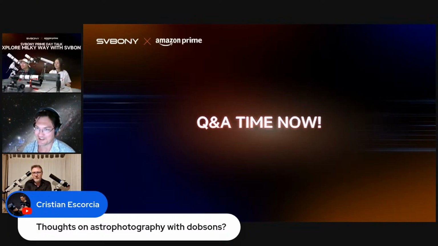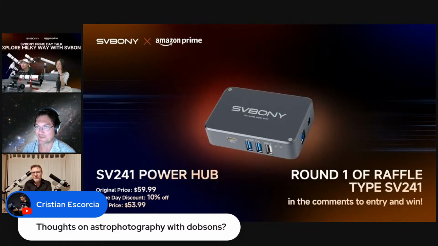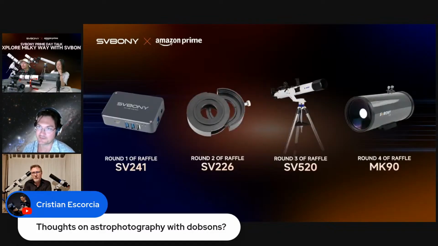It does help that they're huge light buckets with big focal lengths, but that is all the more reason to acclimatize the dang thing. You're going to have a bunch of tube currents in that big sucker, so you want to make sure that it has been out for a while to cool down to the night sky. And again, to Jason's point, you want the object to be as overhead as possible with the Dobsonian, as well as any other telescope.